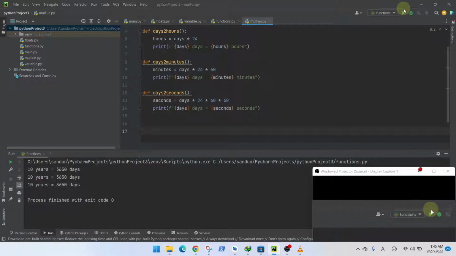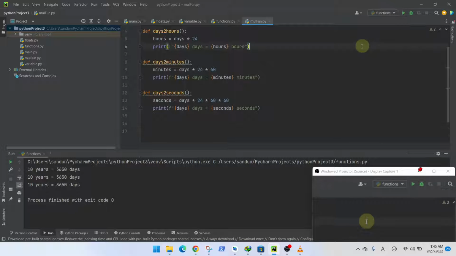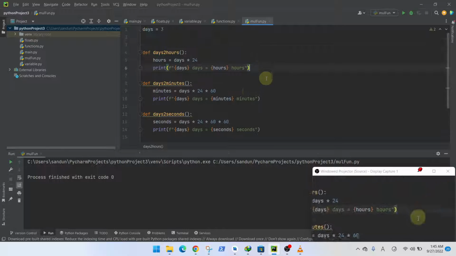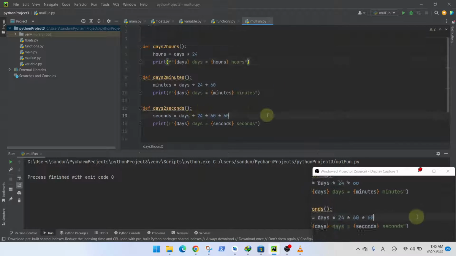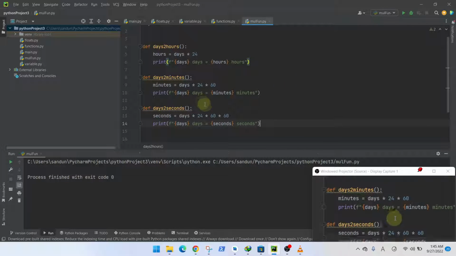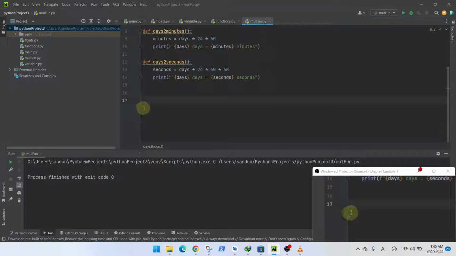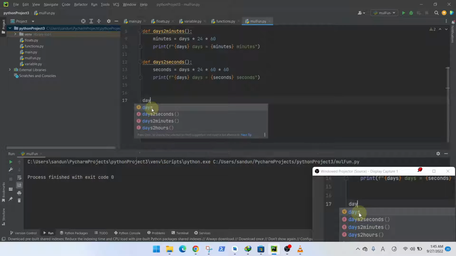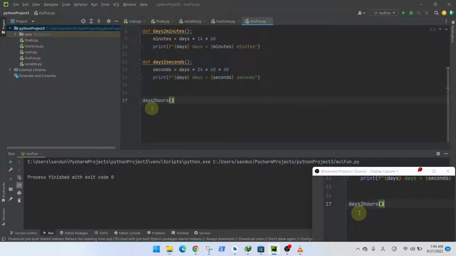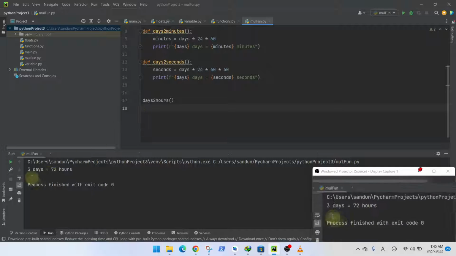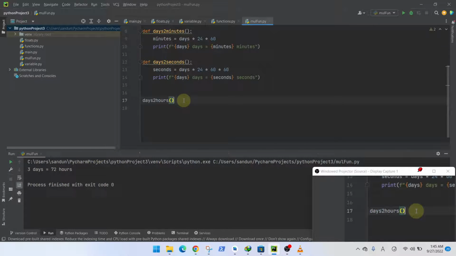So let's see what will happen when we run this program. Once we run this program nothing happens because this is only the definition for the 3 functions, and we have not called these functions to be executed. So first we will call days to hours. First I will run this and show you. So 3 days equals 72 hours. So next